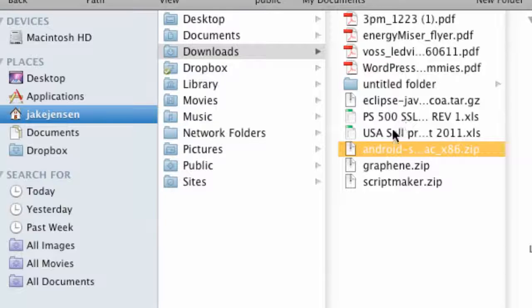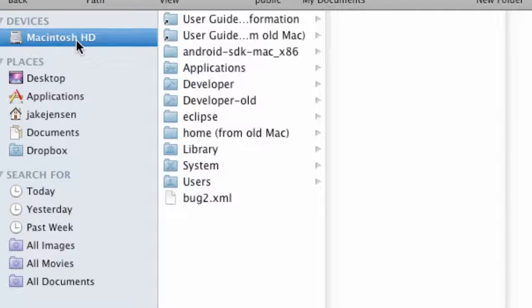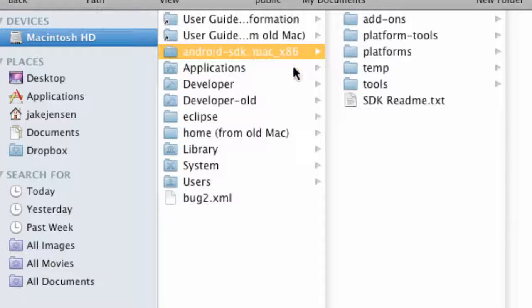So I clicked that, and it basically made a folder right here within the same folder or download folder, and you want to drag this over to your main hard drive, for example your Macintosh hard drive or your C drive if you guys are on Windows. And as you can see, it's right here. What we're going to do now is open this up,